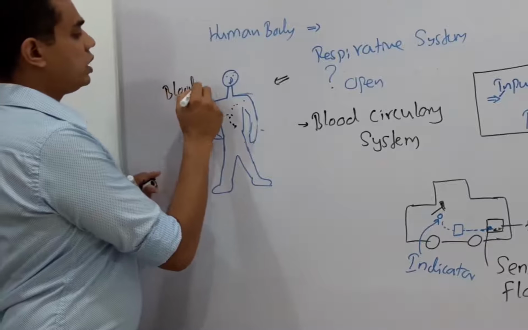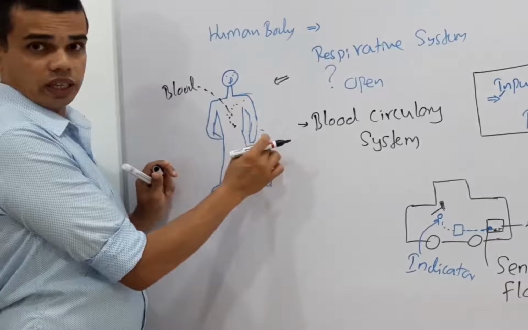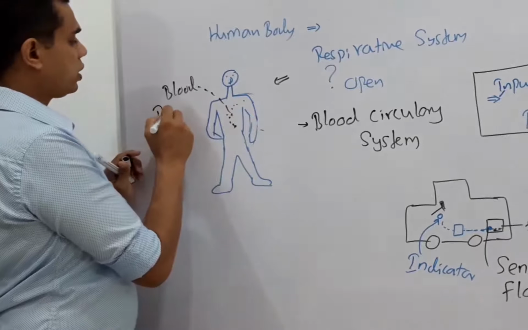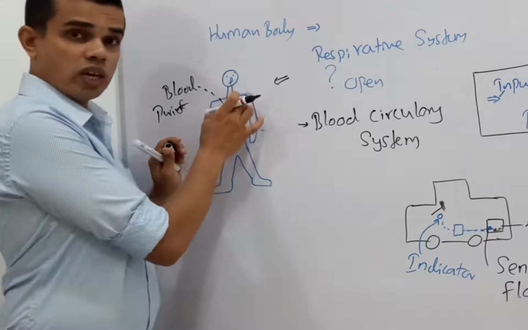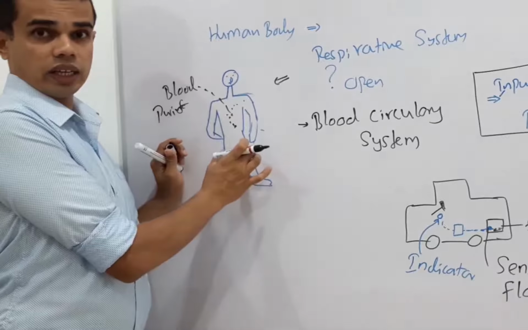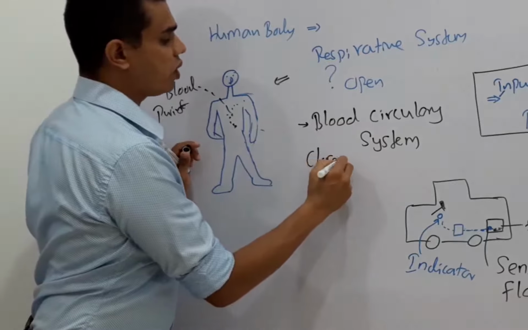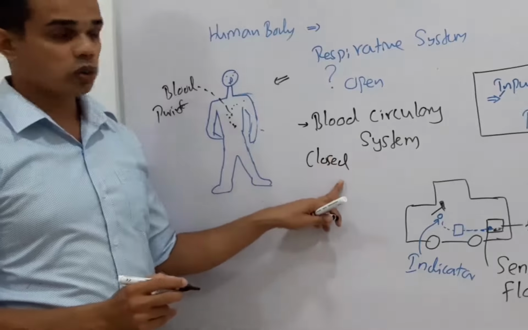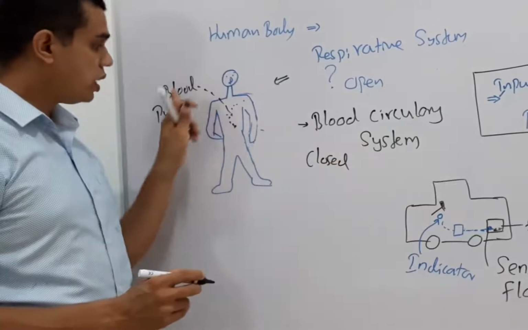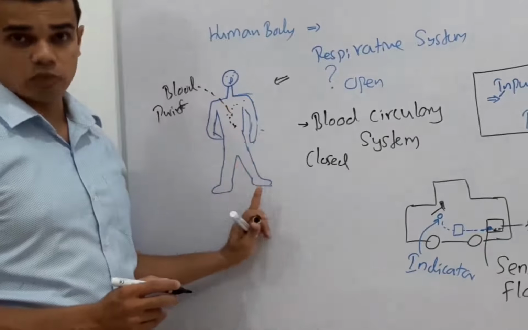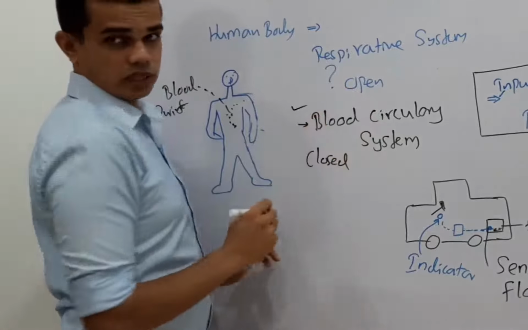Next, the blood is supplied to the inner organs within the human body, and they are purified. What about the purifying process? Purification is also done inside the human body. Then this is a closed system. Why? All the inputs, outputs, and every work regarding the blood circulatory system are conducted within the human body itself. So this is one such example of a closed system.